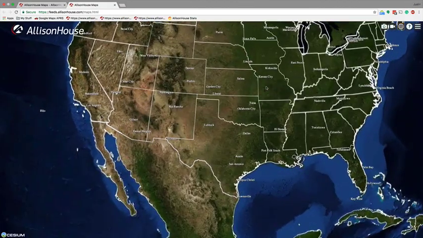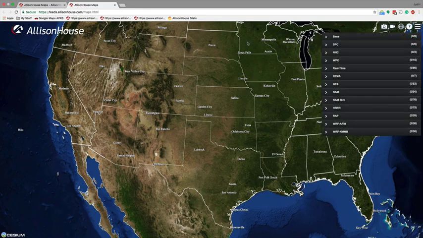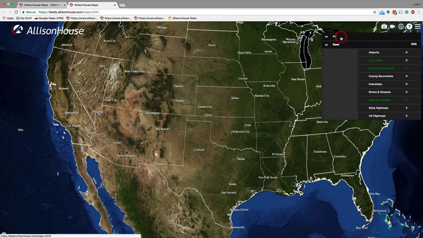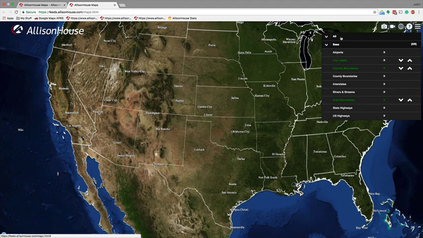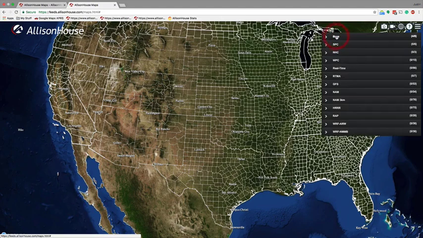But we're going to go ahead and zoom back in and open up the menu so we can look at the different overlays that we offer. The first tab is going to be your base layers. Anything from airports, county boundaries, interstates, state highways. These are all the options we have for the base layers. To go back to the menu, you're just going to want to select all, and this will bring you back